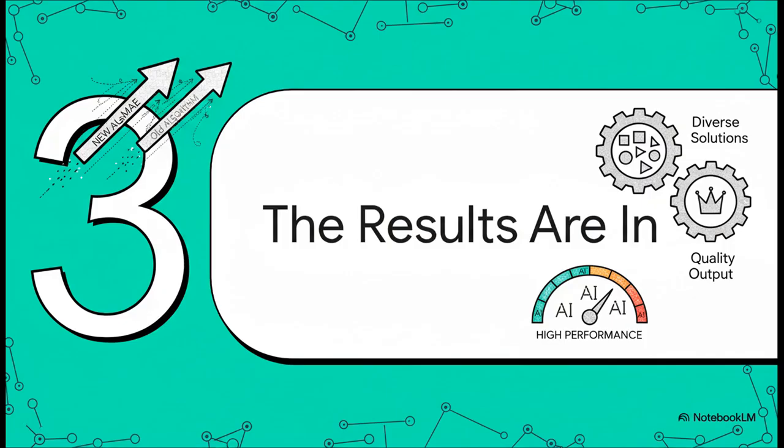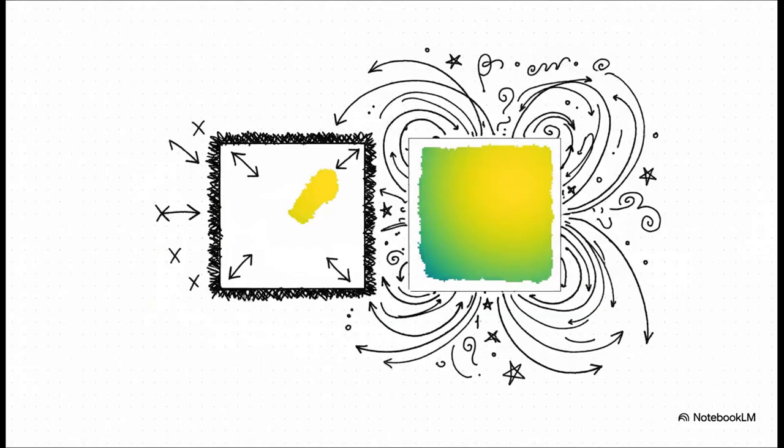All right, so that's the theory. But does it actually work in practice? Well, the researchers put the new algorithm, CMA-MAE, in a head-to-head competition against the old one, just to see what would happen. I mean, wow, the results are just night and day. On the left, you can see the old algorithm is just stuck in that tiny little corner, totally unable to explore the full range of possibilities. But look at the right. The new CMA-MAE has completely, beautifully filled the entire solution space.